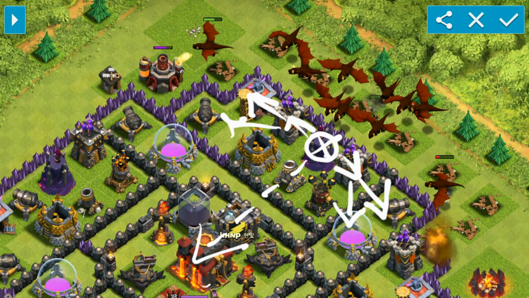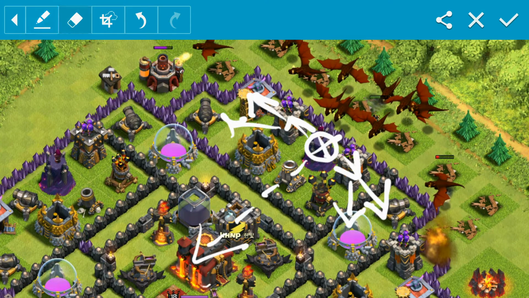You get the idea. Don't spam them in the center. You're going to want to get a nice, even, heavy pack of drags down right when you get your funnel created so that you can get an even wave into the center of the base. So when we're talking about an even wave,